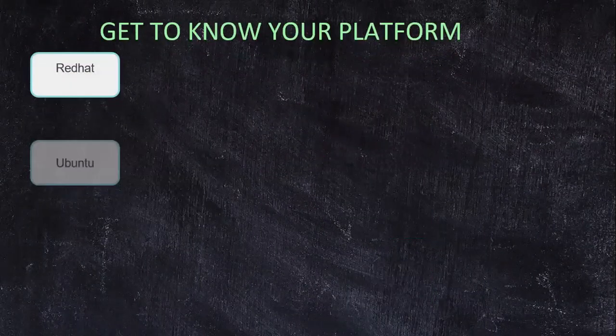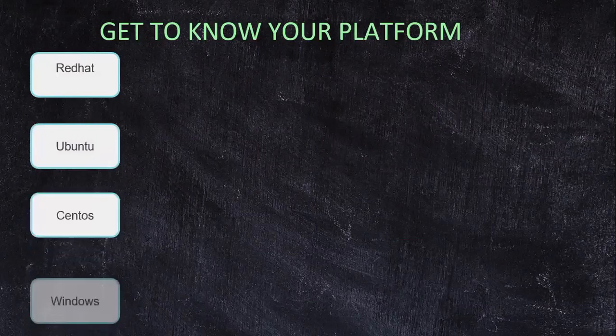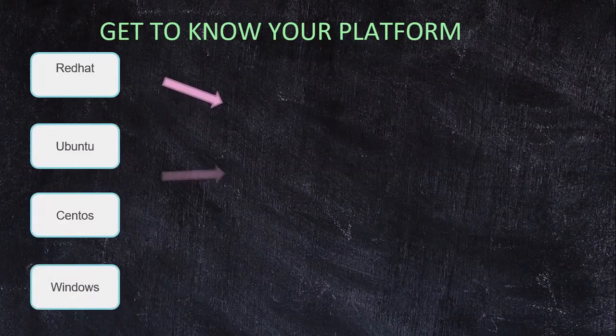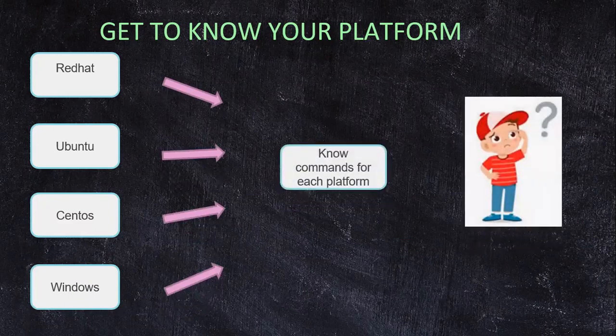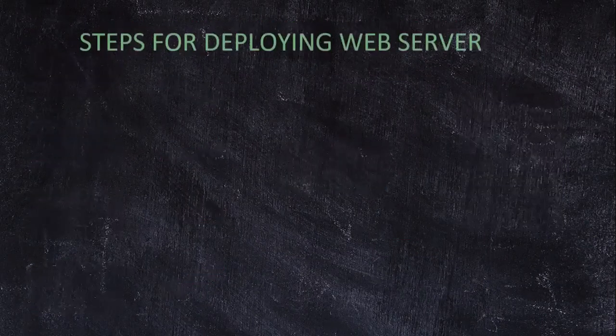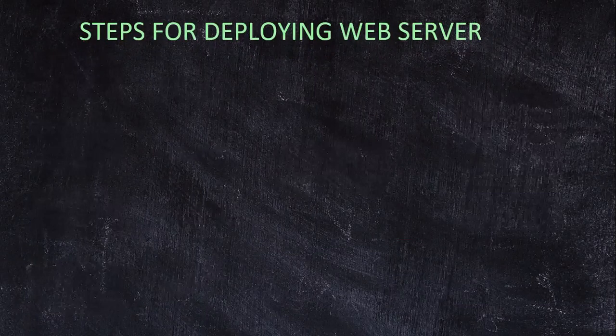Then, once we know all these different platforms, we have to find out, with respect to all these platforms, what are the various commands. So you as an administrator should be able to understand the background of all these different platforms. You should know which command you will be able to run on Red Hat, and which command will give you the desired results in terms of Ubuntu or Windows platform. Now, this is the problem that Ansible helps you resolve.